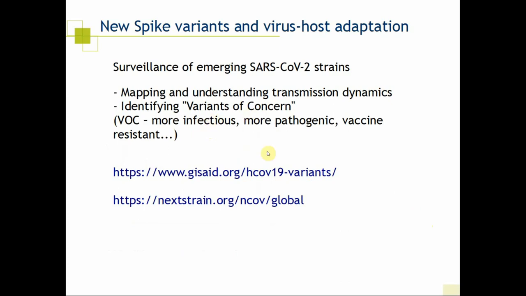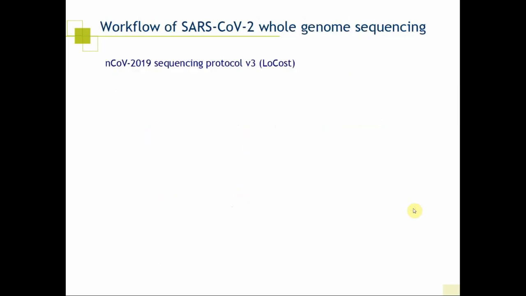That is, variants that start out very rare and then seem to become more dominant in the host population, and we try to identify them quickly and maybe study them because they might be more infectious, more pathogenic, or might resist vaccines. There are a couple of good websites here that collate all the information and have great online resources. Now, just to give you an idea about the workflow of whole genome sequencing,